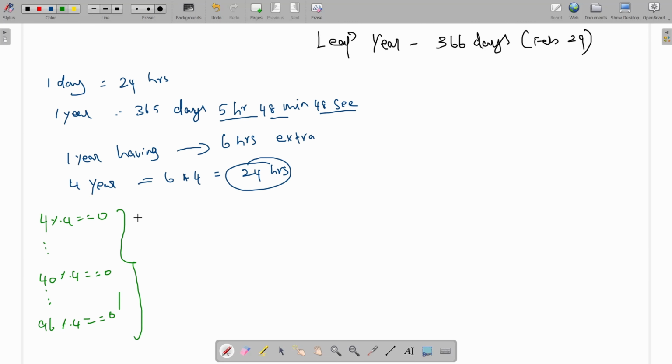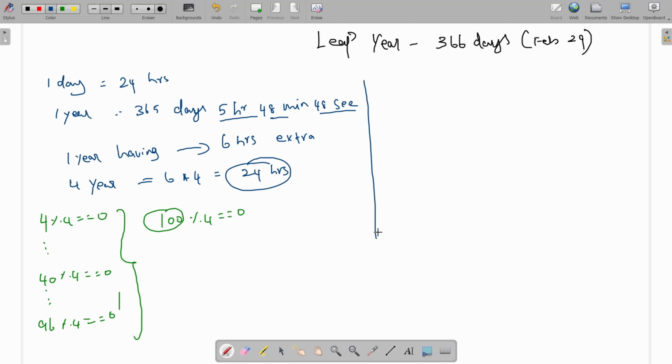Then what about a century year? Yes, that is also divisible by 4. A leap year comes once every 4 years, we know that, and a century year also comes after 4 years, right? So this is also a leap year? If you think like that, it will be wrong. Actually, guys, it is very interesting. Be a little patient, okay?